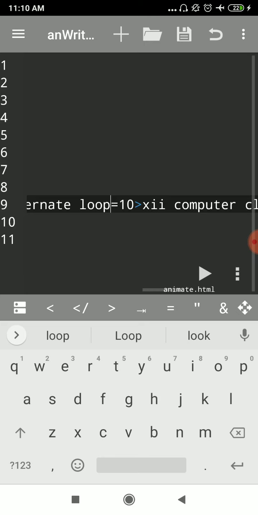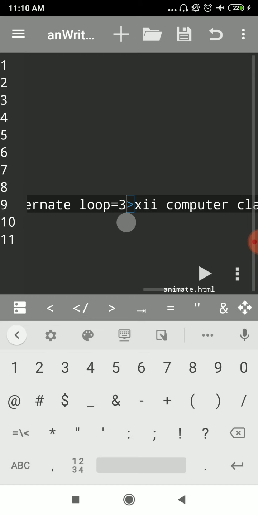But what loop actually does is tell you how many times the scrolling has to get repeated. Not mentioning any value will not stop scrolling, but if you mention a value, let me put 3, loop equals 3. This text, 12th commerce, 12 computer class, will get repeated 3 times scrolling, but it will stop after that and will not proceed.